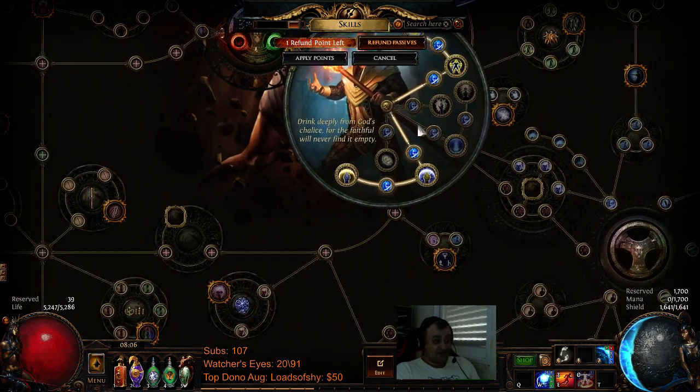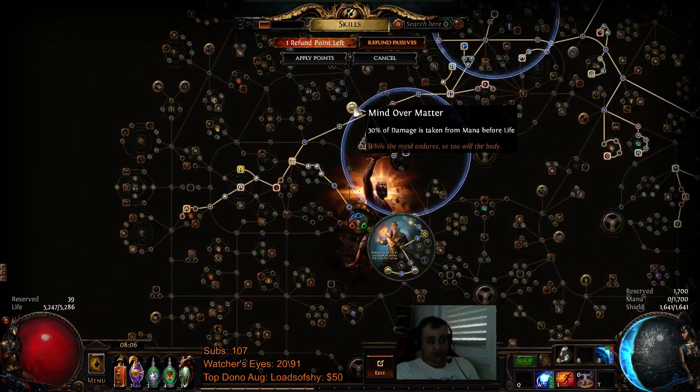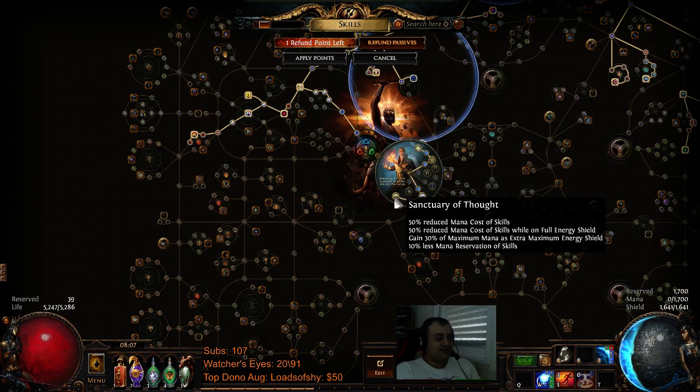And the second branch over here gives us mana and damage taken from mana before life, which basically means enhancing our mind over matter. And then over here, 40% of our damage is taken from mana before life, which means from energy shield before life. And then Sanctuary of Thought reduces mana cost of skills while at full energy shield, whatever, but gain maximum mana as extra energy shield. Right? So this gives us even more survivability, and the punchline here is the 10% less mana reservation of skills,